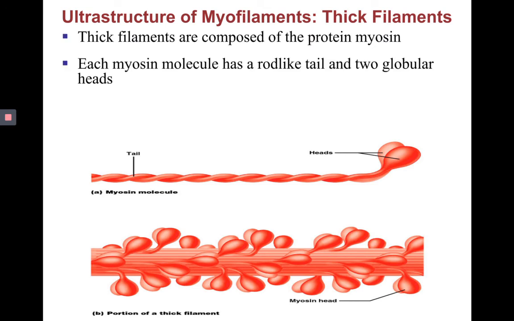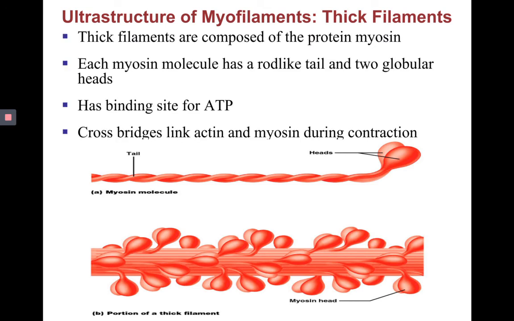So let's move forward and look at the anatomy of myosin, and then we'll look at the anatomy of actin. So again, these are the two myofilaments. So we're looking at microscopic structure of the myofilaments within each myofibril, and the myofibrils are within individual cells. So myosin is called a thick filament because it's thicker than actin, the thin filament,